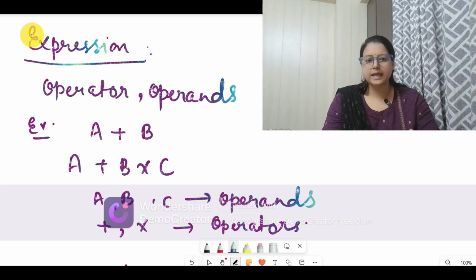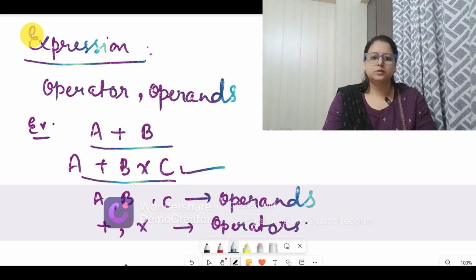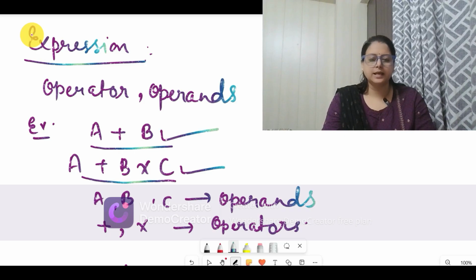Now expressions can be written in three ways, for us as well as for computers. Till date we know only one form of expressing these expressions, what we have written here, A plus B. When a single operator is there, it is called a binary operator and two operands will be there. So this we know, but now we will expand it to infix, prefix and postfix. What is this type of style called and what two more styles are there, that we will see. So let us continue.